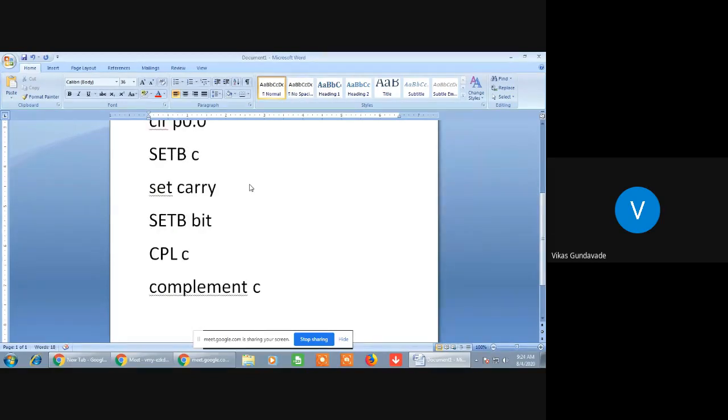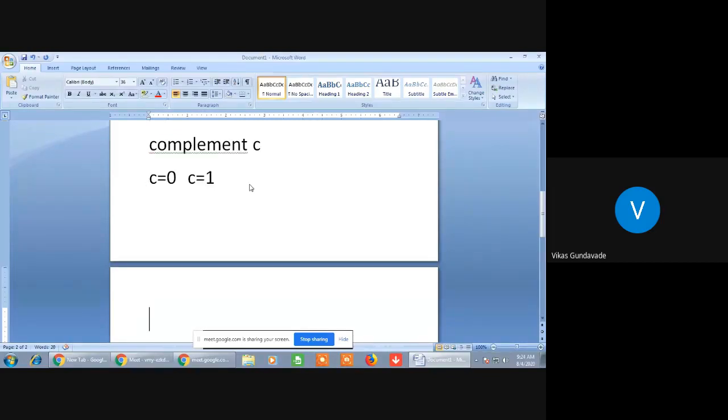So if suppose the carry bit is 0, then after execution of CPL C, the carry bit will become 1. Similarly, if the carry bit is 1, then after execution it will become 0. So whatever the status of the carry bit, it will get complemented by the complement carry instruction.